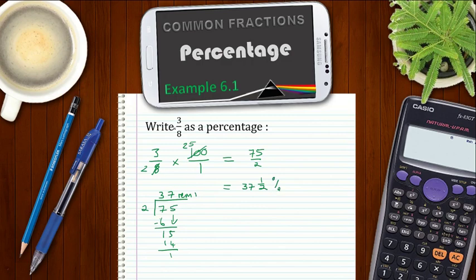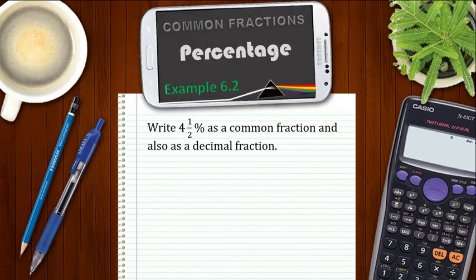So just to recap, if you have a fraction, you want to write it as a percentage, you times it by 100 over 1, then just simplify it. So here we got 75 over 2 divided, and this is the answer that we got. Okay, so now we have a percentage, and we have to convert it back to a common fraction and then a decimal fraction. So if I have 4 and 1 over 2 percent,